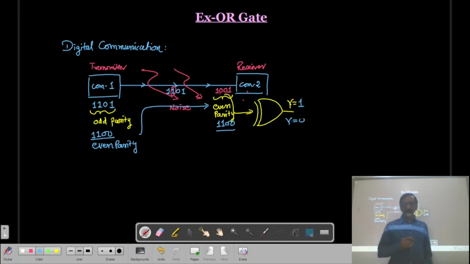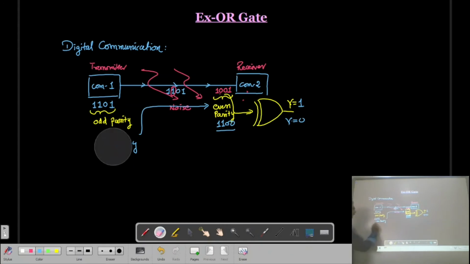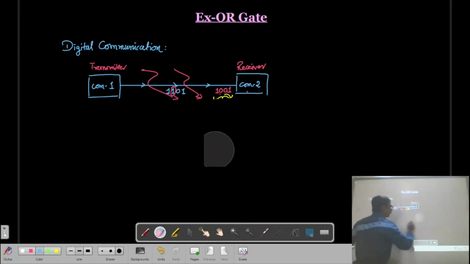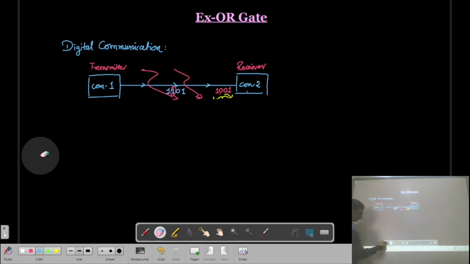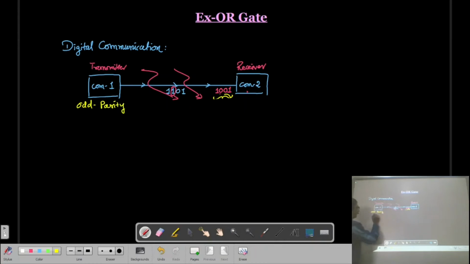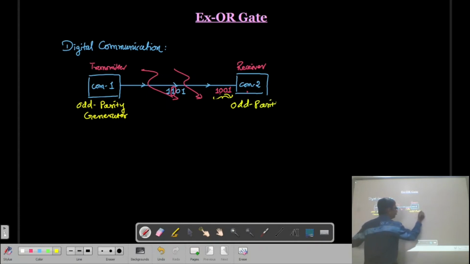And for that we require a circuit which is known as a parity generator. So remember what we are going to do here: in this transmitter there will be a circuit which is known as an odd parity generator, and in the receiver you can have an odd parity checker.